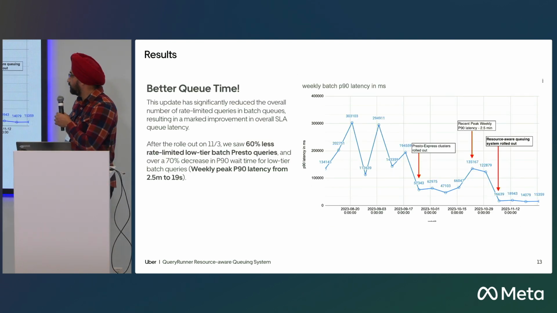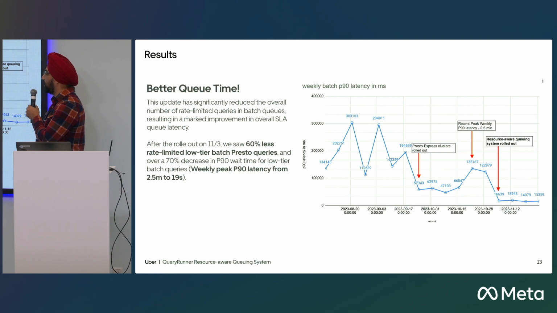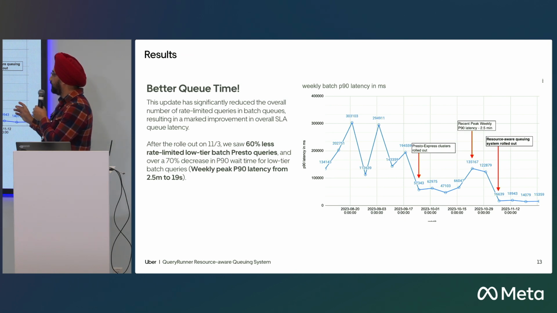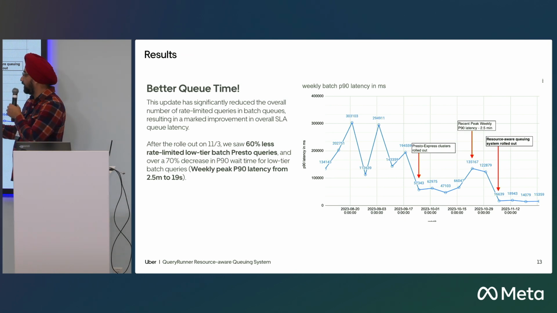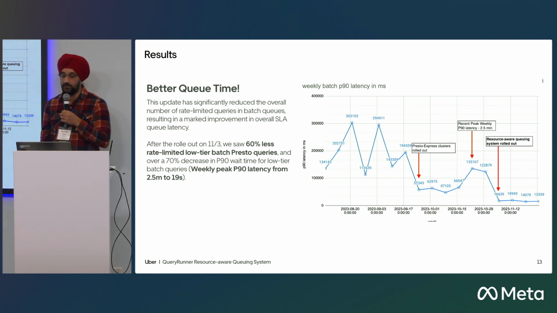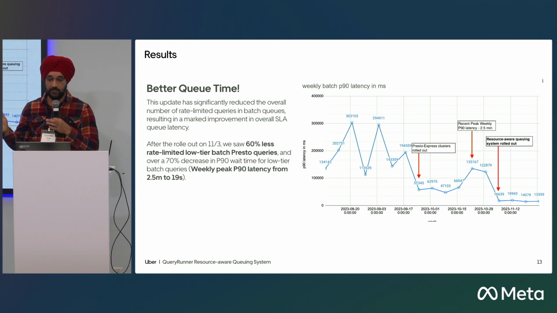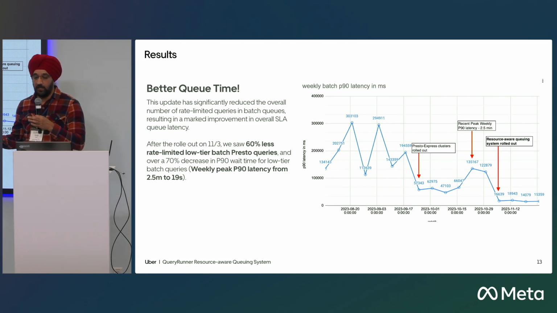So we rolled out these optimizations about a year ago, when the system transitioned from having just the 3 main queues that I was talking about initially to having a more fine-grained set of queues. So in this graph, we showed that the system was working initially, and then we added a set of Presto Express clusters. This is important because we thought that we just added a set of Express clusters, and then the Express queries will go to those Express clusters,